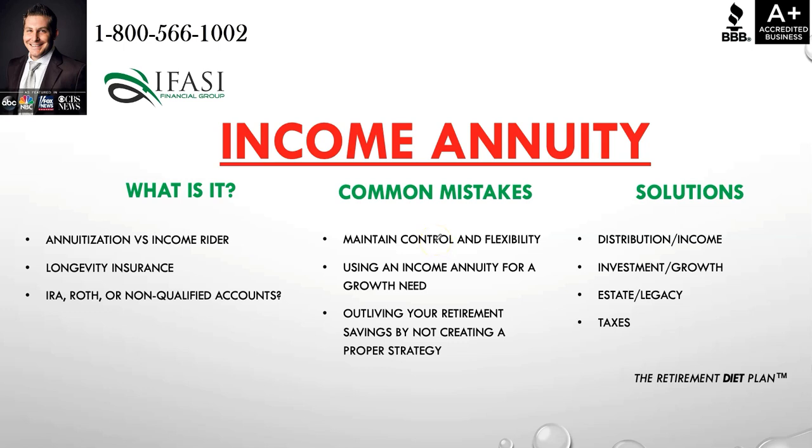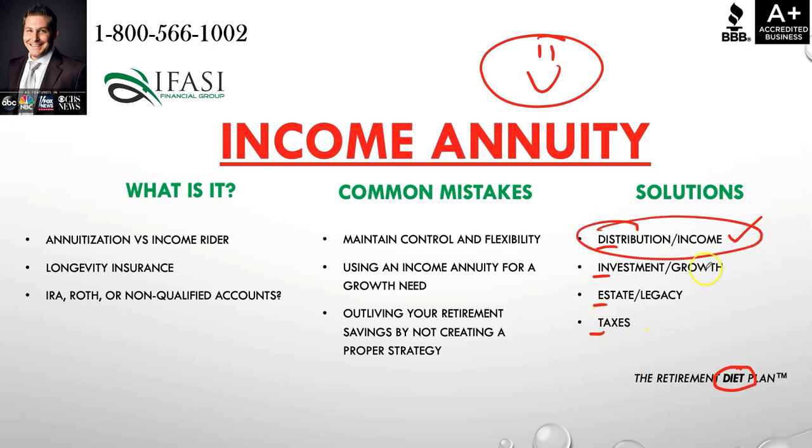A way we try to put somebody on the proper trajectory towards a confident retirement is we've trademarked a process. It's known as the retirement DIET plan. And the reason I use that acronym DIET is for very specific reasons. Whenever you're looking at your retirement situation, are you on the correct path to make sure that your distribution income phase is set up correctly? So the DIET: distribution, investment, estate, and taxes.